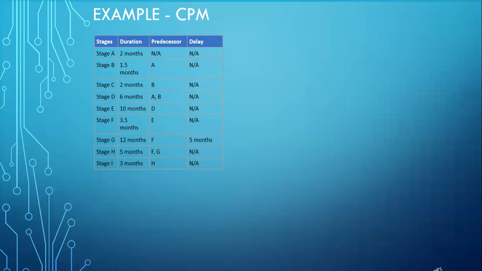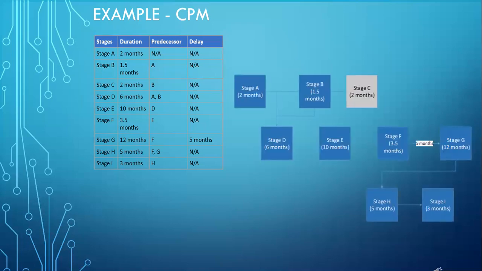Here's a diagram based on the table which I have created showing you how CPM is getting calculated. The boxes highlighted in blue show you the path of CPM. The arrows are based on the predecessor column, that is, stage D has a dependency on A and B, hence both the arrows are coming from A and B. Similarly, stage H has dependency on F and G, hence both arrows are coming from different stages. In each of the boxes, I have written the duration based on the column duration mentioned in the table.